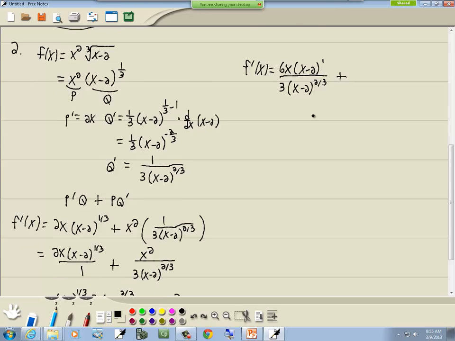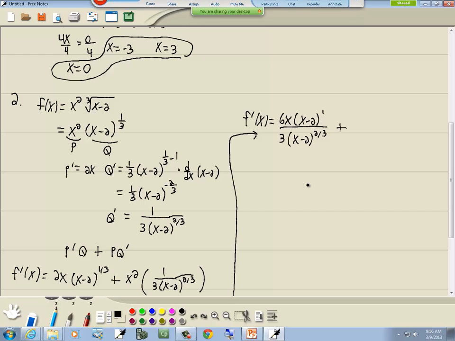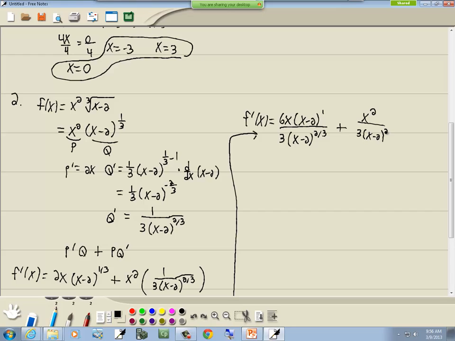Plus, the second fraction is just an x squared over 3 times x minus 2 to the 2/3. By the way, we're still on step 1 here, find a derivative. Okay, 6x times,